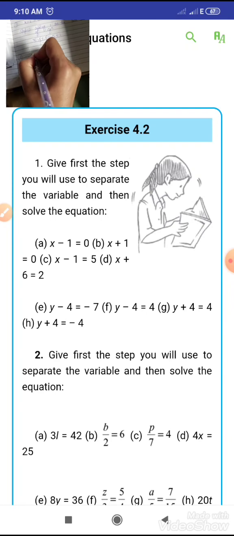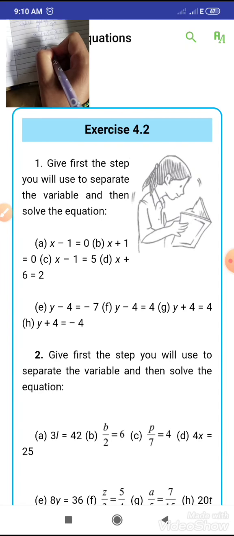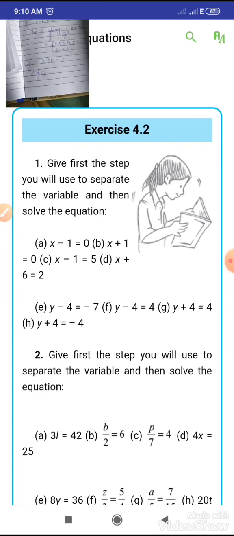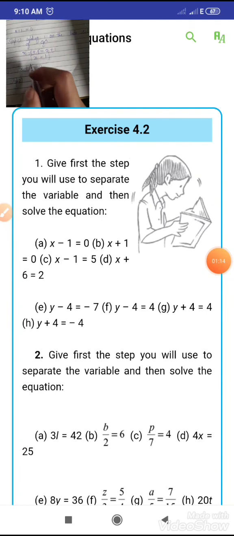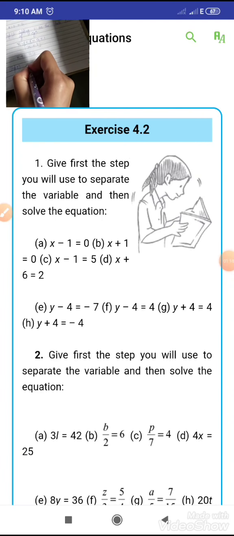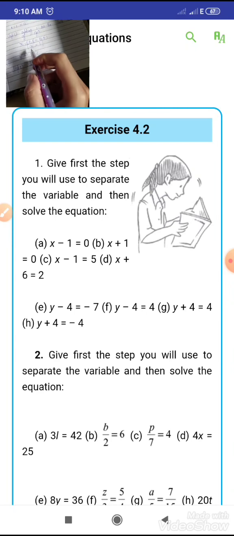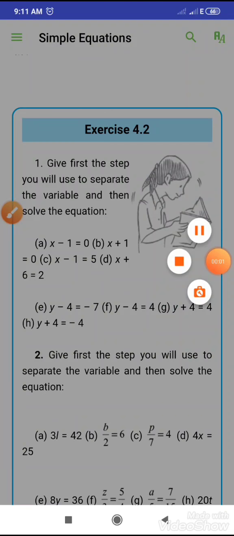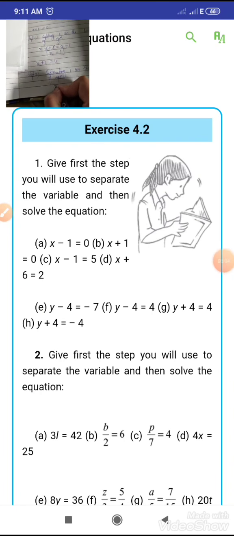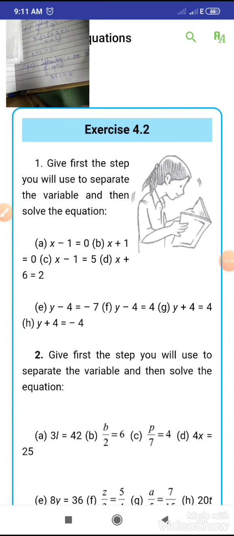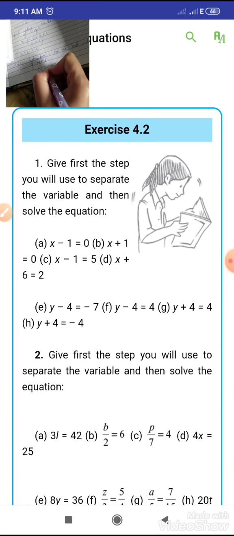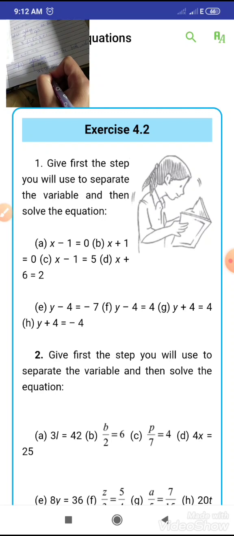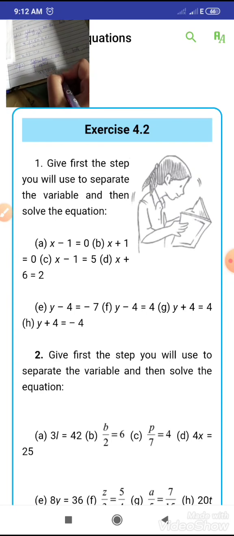Now move to our second question, and the second question is x plus 1 is equal to 0. For solving this equation, first we write a step for this, and our step is subtracting 1 on both sides of the equation. x plus 1 is equal to 0, it is our equation. According to our step we subtract 1 from the left hand side and also from the right hand side. So we have x is equal to minus 1 and it is the solution of this equation.